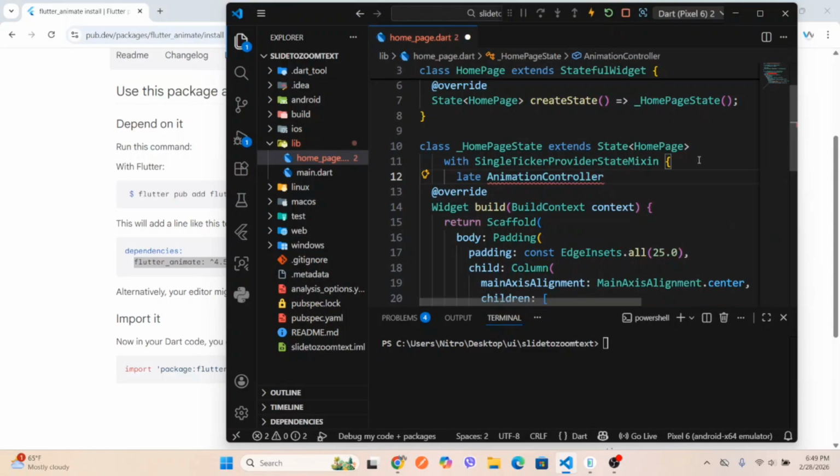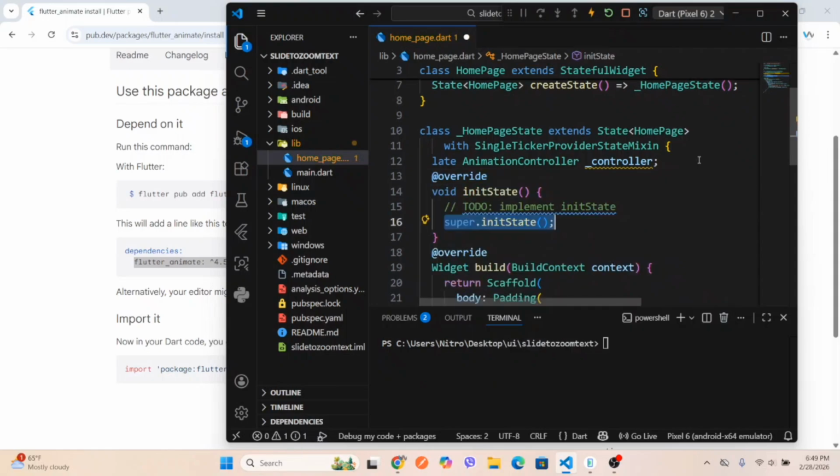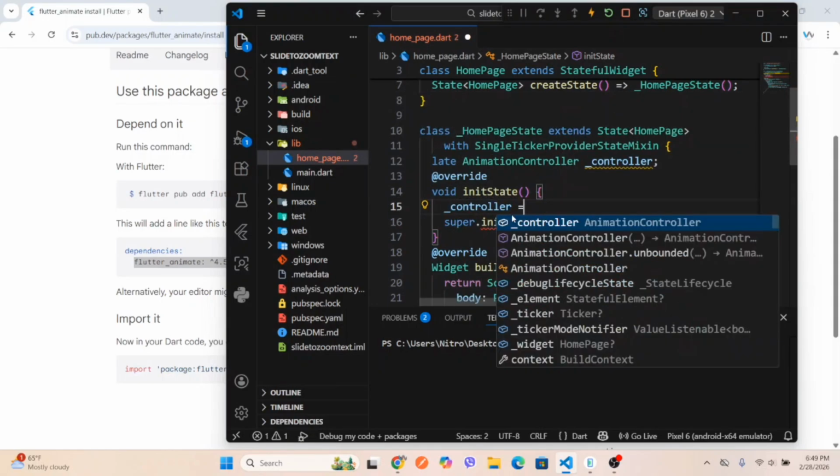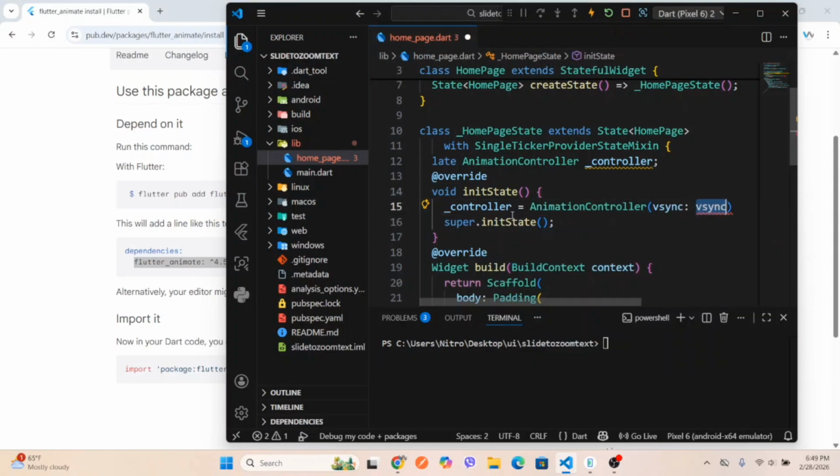Let's say late AnimationController controller. Okay, inside the initState you can give this controller an AnimationController,